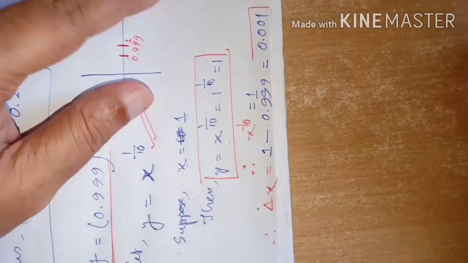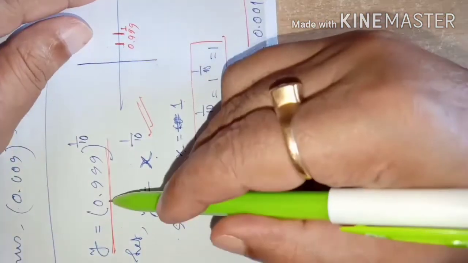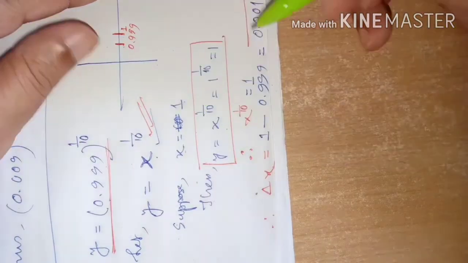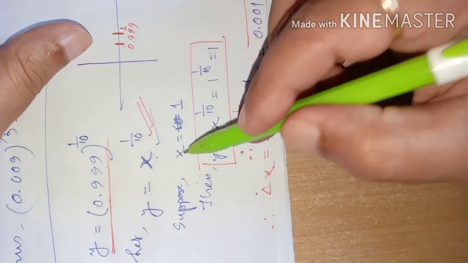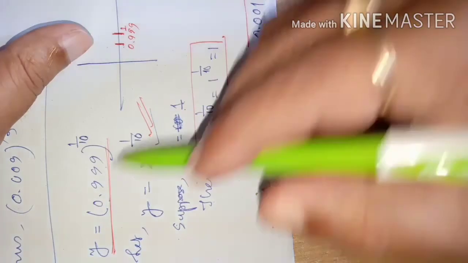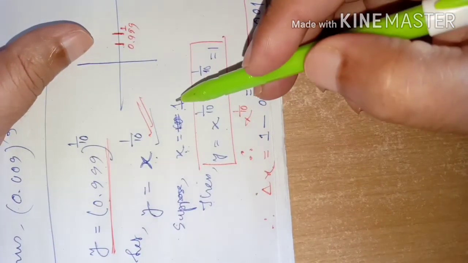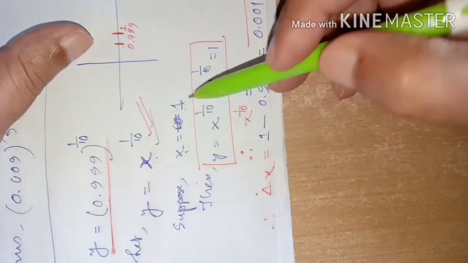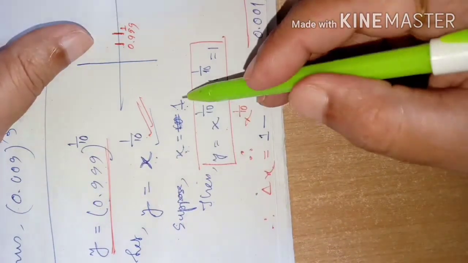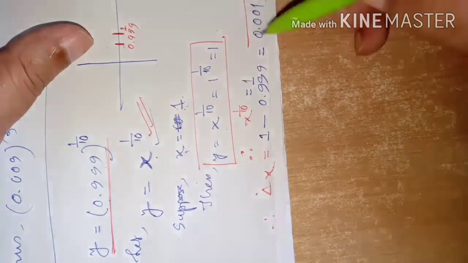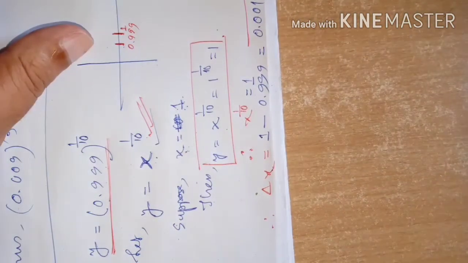Three steps you remember. First step is define the function according to the given form. Second step is in that function you take a value for input for x, which is very close to a number whose particular power you can easily find. Say the 10th root is given, so the 10th root of 1 can easily be found out, and 1 is very close to 0.999. Got the idea? So that is your next step. And then the other step is delta x, next step is delta y. Now we'll go for delta y.